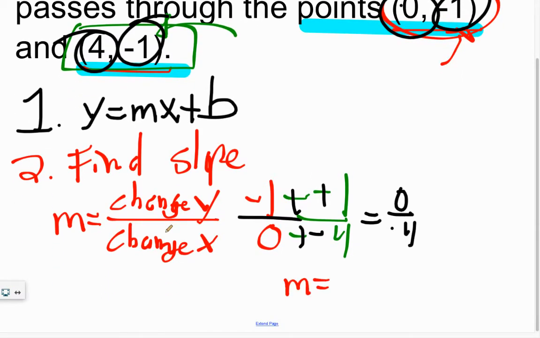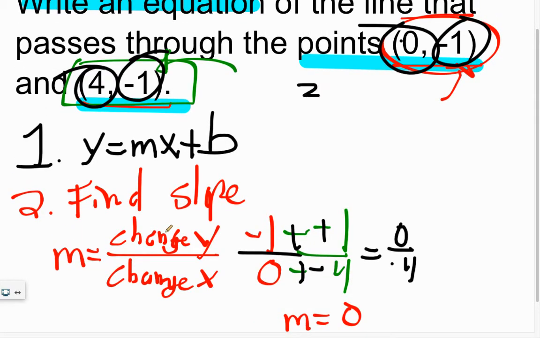m equals 0. You can have a slope of 0. That does work. That does happen. So we just keep on going. On to step 3. I'm going to put my point 3 up here. y equals, now I'm going to plug in 0 for my x, because that's my slope, my m, plus b. And now on step 4,